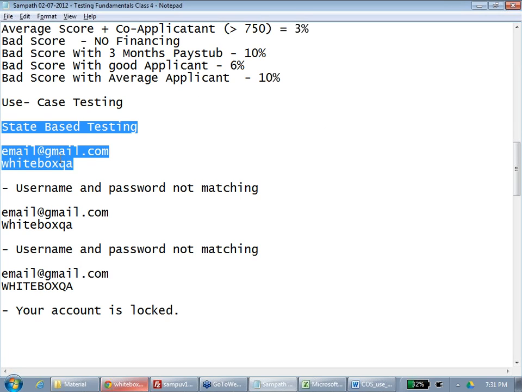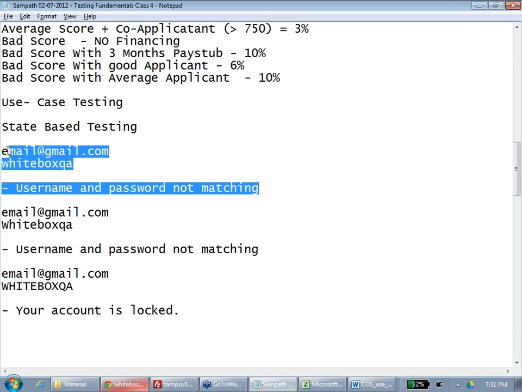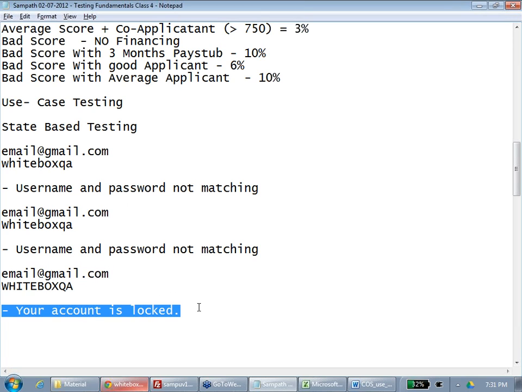So, what I mean is, this is the same test case. This is the same test case. This is the same test case. When you are doing the same test case, you are getting one expected result. When you are doing the same test case, you are getting a different expected result because the state of the account changed. Agree? This is called state-based testing. The account moves from active to inactive on 3 unsuccessful attempts. So the state of the account went into locked state. Agree? So how many times you use this test case, what will you get? Your account is locked. Your account is locked. Please contact administration or something.